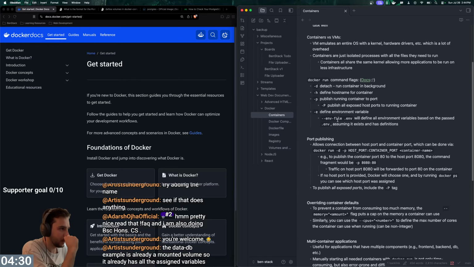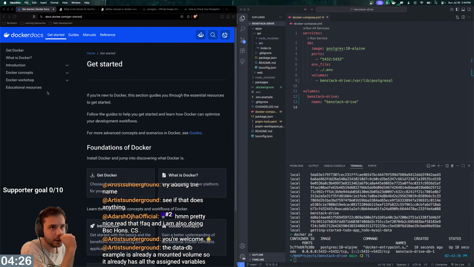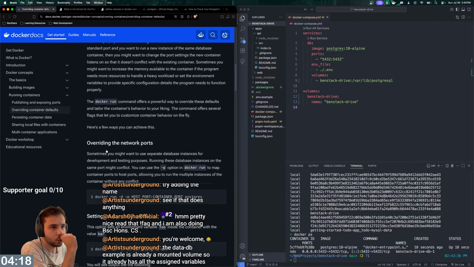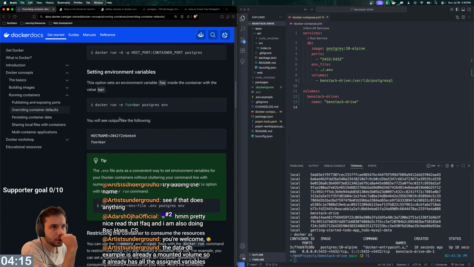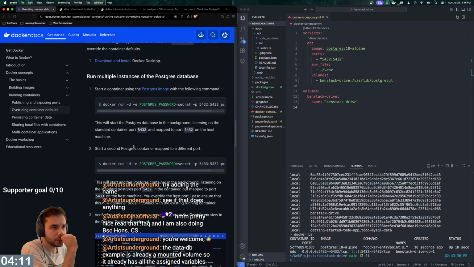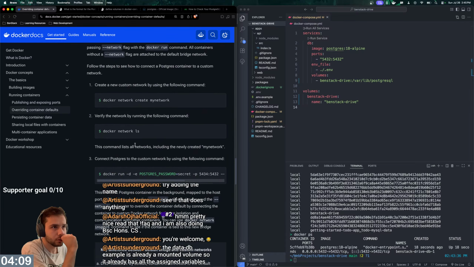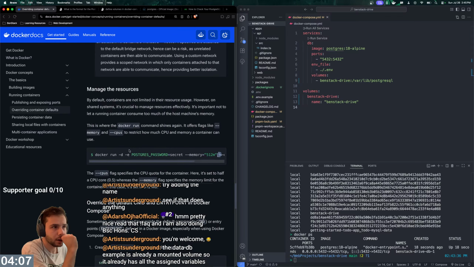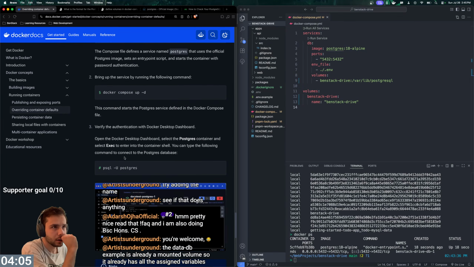Because surely there's a way to run a command to open something here. Let me just get to my, I think it was here, right? It was in one of these. Yeah, so for the, it's for the network. And then PSQL, yeah. So then,